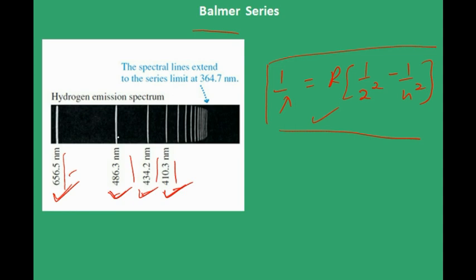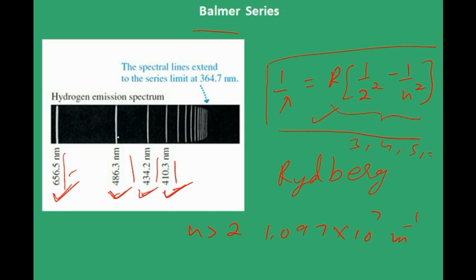Here what is R? R is a constant. It is Rydberg's constant, and its value according to Balmer is 1.097 into 10 power 7 per meter. This is Rydberg's constant according to Balmer, and this is the accepted value now also. Now put values n is equal to 3 or 4 or 5 and so on. I mean n should be greater than 2. You observe that because finally you have to get a positive value, right?